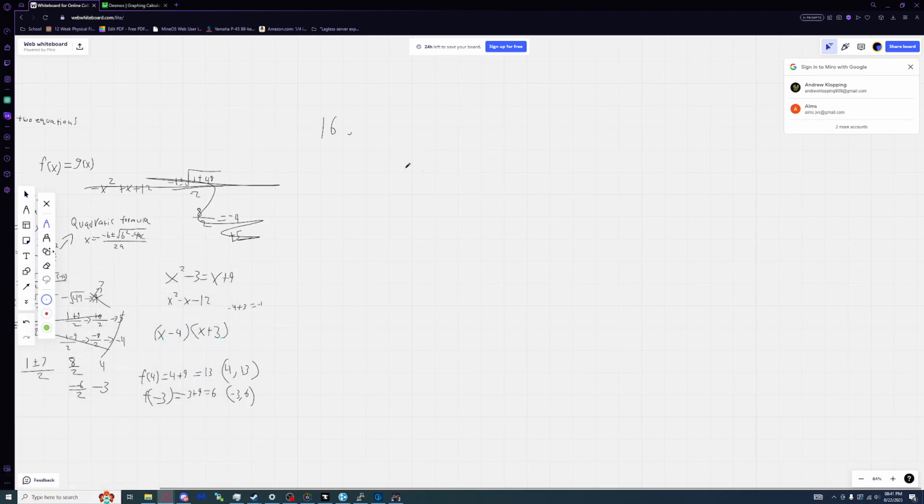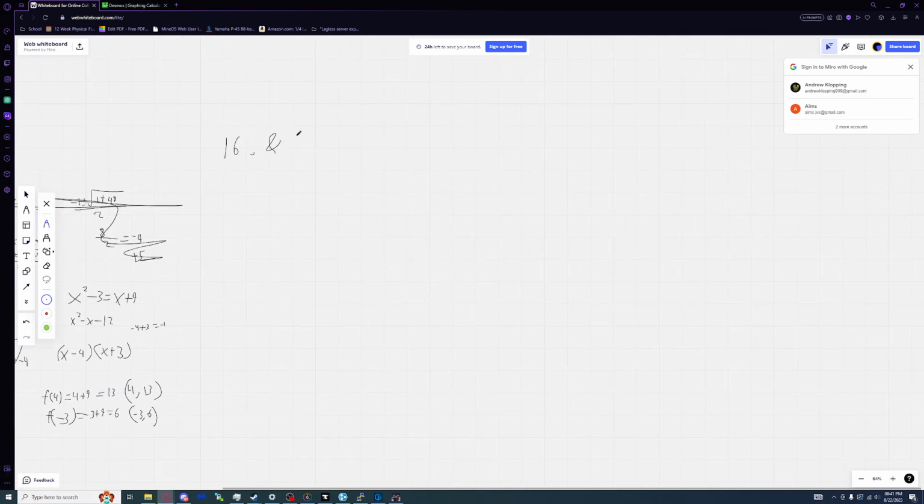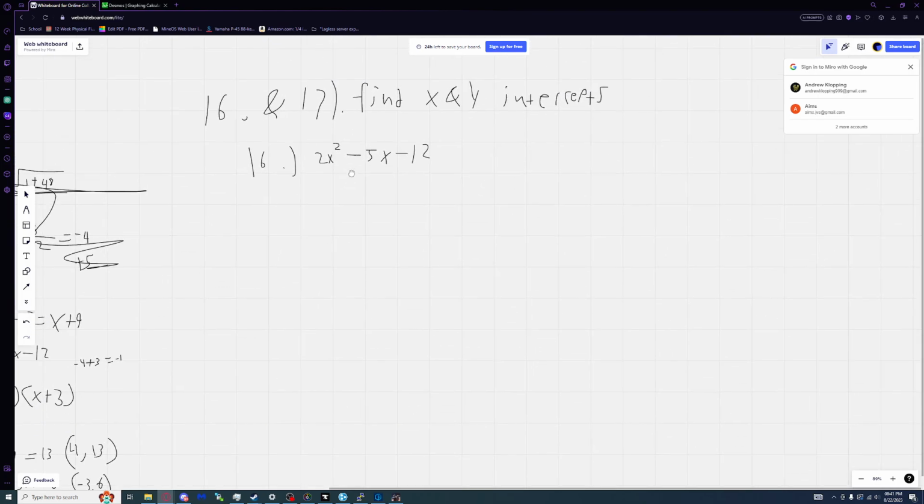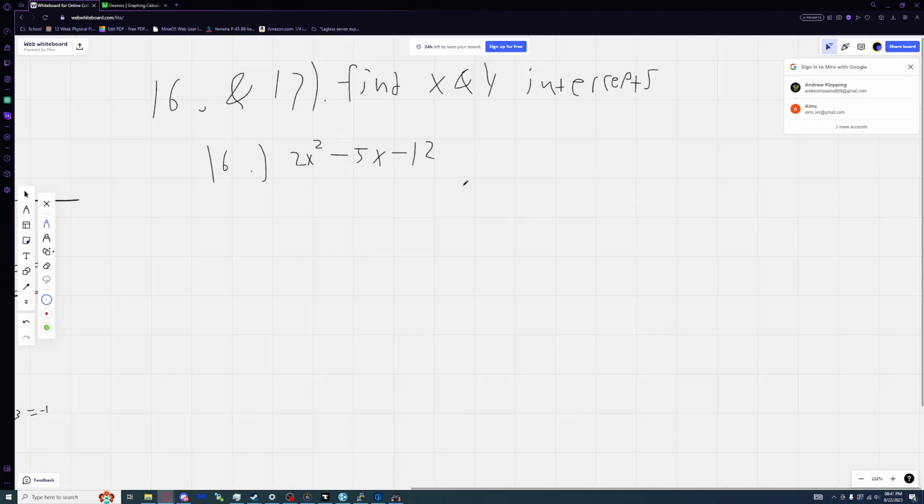Now number 16 and 17 are finding the x and y intercepts. So the first one, number 16, our equation is 2x squared minus 5x minus 12. So first things first, I'd like to factor this out, and it looks like to me,